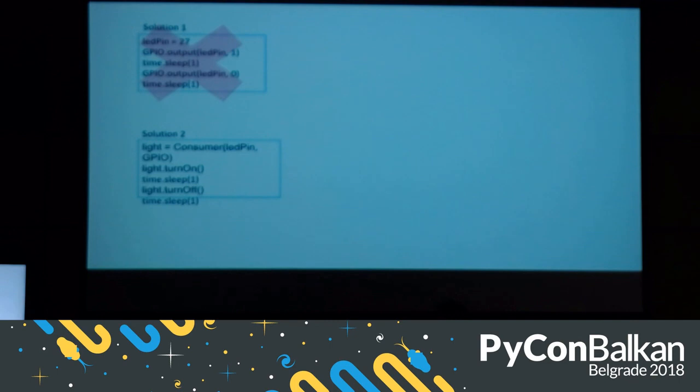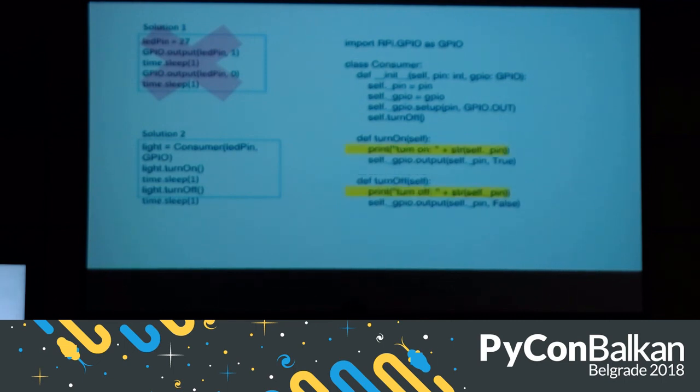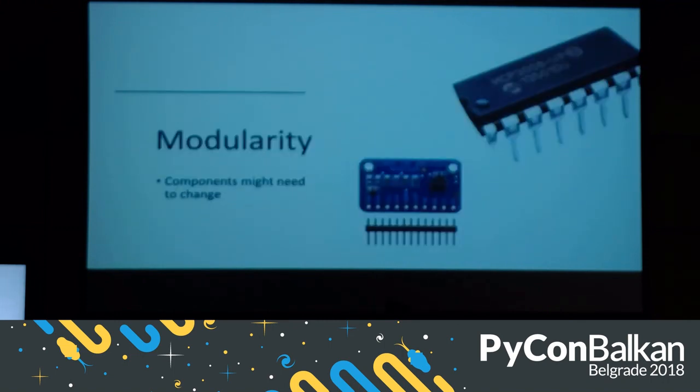But in solution 2, you build a class called Consumer, and then you have it really easily, you have your turn on and off, and then if you want to add print statements, you just add them to the functions turn on and off. And this is also very good if you want to add more things to your code, for example, fan or heater, you just create more consumers. So basic stuff. I'm hoping that you understand this. Next off,